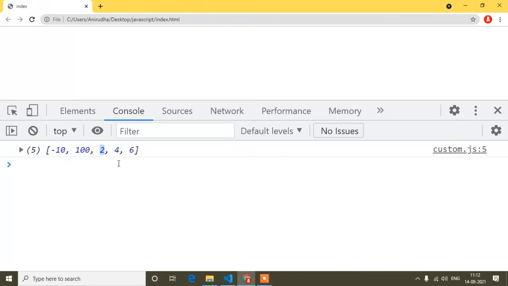The sort method just compares the first character, so it's comparing the 1 from the 100, whether it's smaller than the others or not. When it takes 1, that is smaller than 2, 4, 6, so that's why 100 is here, and after that 2, 4, 6, but it's actually wrong. So how can we fix that?